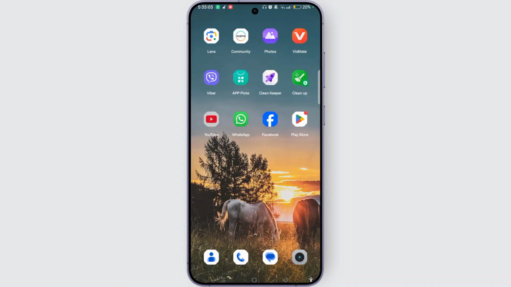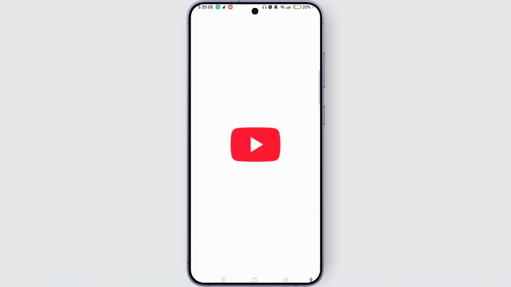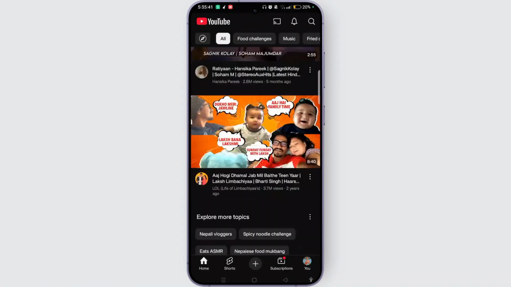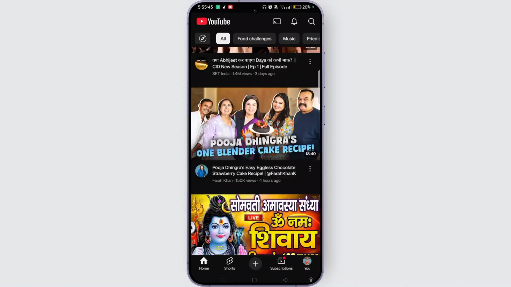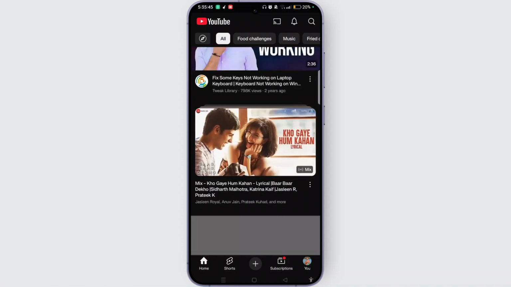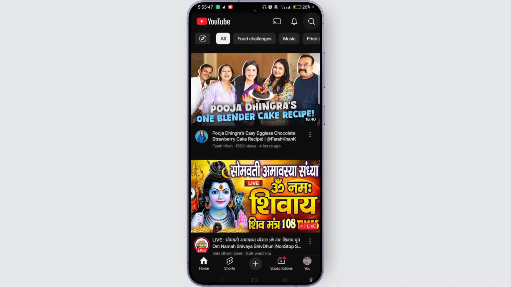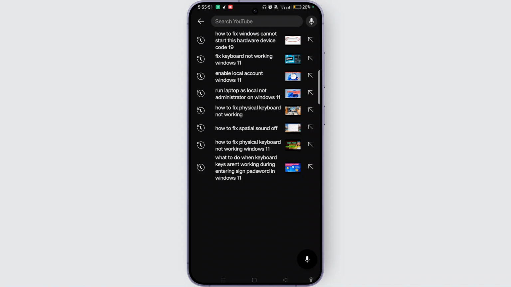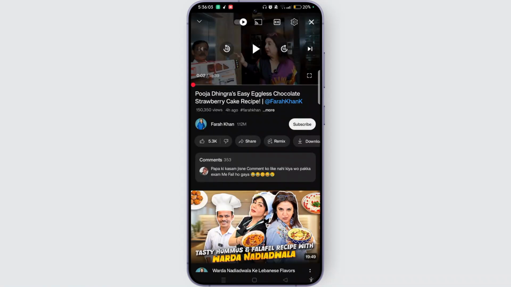Launch the YouTube application on your device and make sure that you are logged into your particular account. Once you're on the home feed of the YouTube application, you simply need to scroll down and navigate to the video which you want to download on your device. You can even tap the search icon at top right and search for the channel name which you want to download. Suppose, let's say this is the video that I want to download for free without YouTube Premium, then